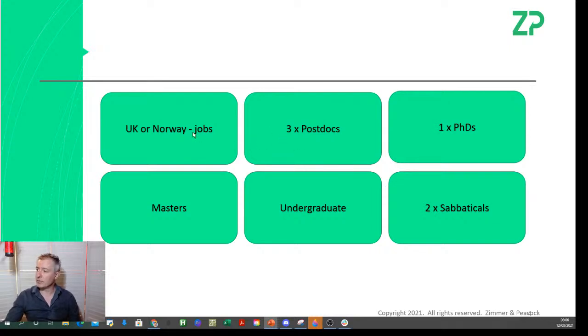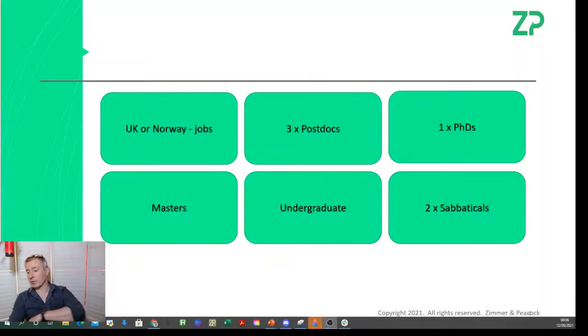So if you're in the UK and Norway, it's quite easy. If you're not geographically here and you're not licensed to work, then that is much more tricky. There's 3 postdoc ways in, so I'll discuss those. There's 1 open PhD. If you're a master's or an undergraduate, then my recommendation is going to be do your master's thesis with us or do your undergraduate project with us. So I would definitely recommend,